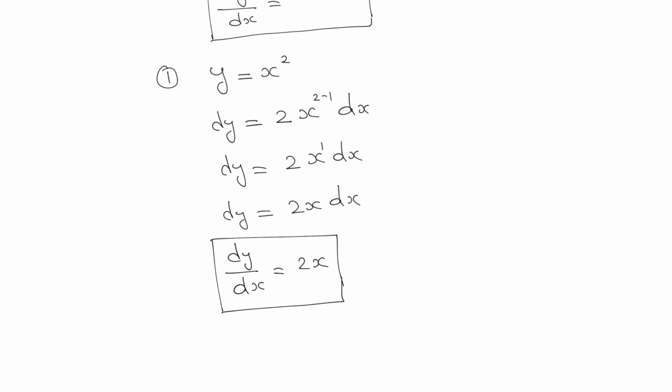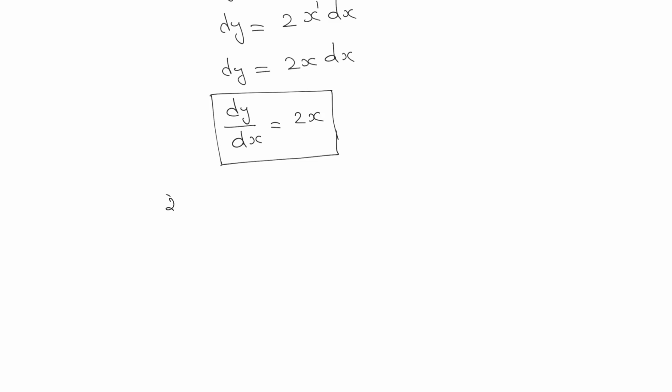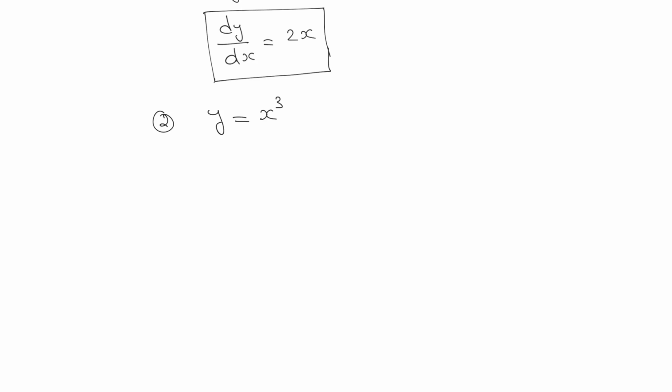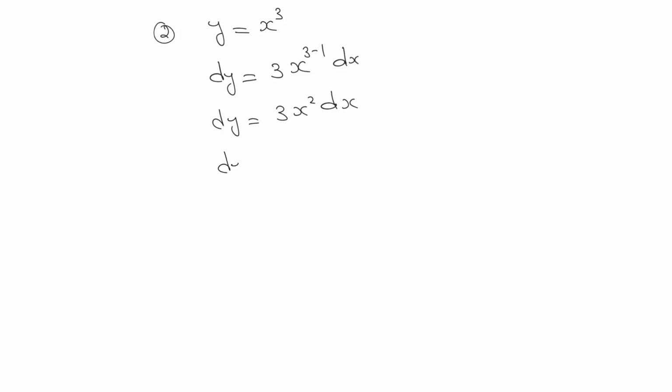If you have some doubt, we can take one more example. Let's say y is given as x cube, and our aim is to find dy by dx. We can write differentiation of y is equal to n into x raised to n minus 1 into dx, where instead of n we have 3, so 3 into x raised to 3 minus 1 into dx. So dy is equal to 3 into x square into dx, and dy by dx, the differentiation of y with respect to x, will be equal to 3x square. I think it's very easy and you can understand this.